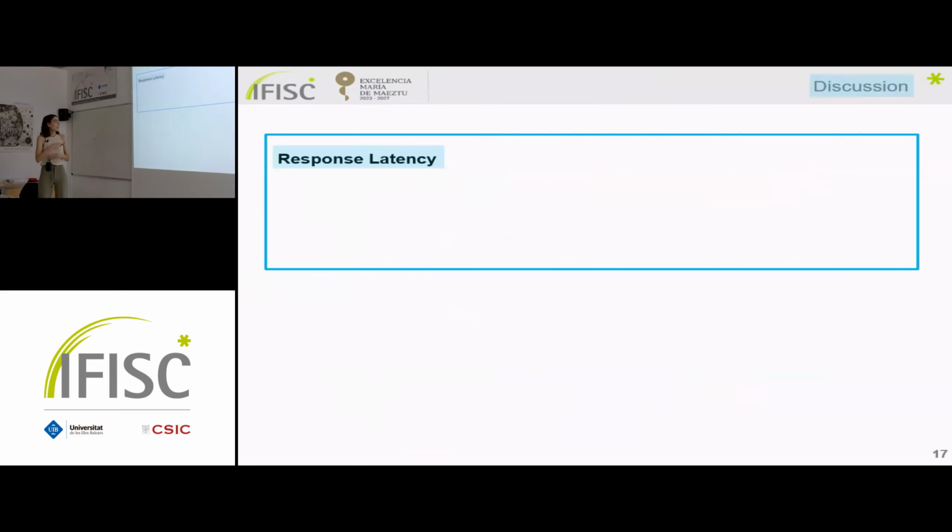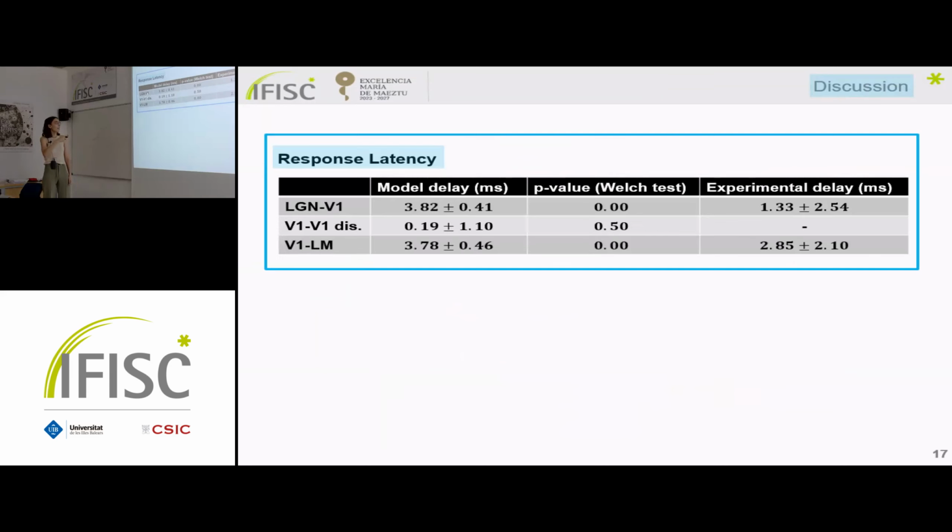Now I move to the discussion. I know I have explained lots of results, so I will go over the most important ones and discuss them. So for the response latency, we found that the values that we obtained of delays within regions were within experimental errors, and also that in this case, the top-down input did not play a significant role because the difference between the V1 in the connected and disconnected model